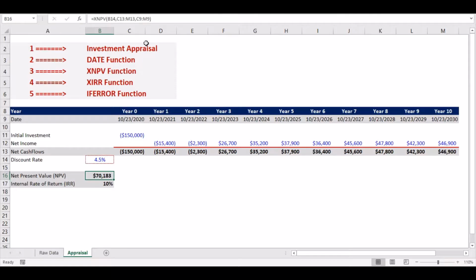US. Alright, so one function remains, which is called the IFERROR function. For example, you mistakenly deleted the discount rate. Now it gives you an error. So how to deal with this error? Press F2, open the formula,